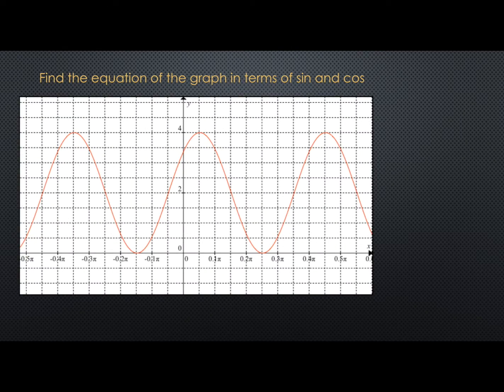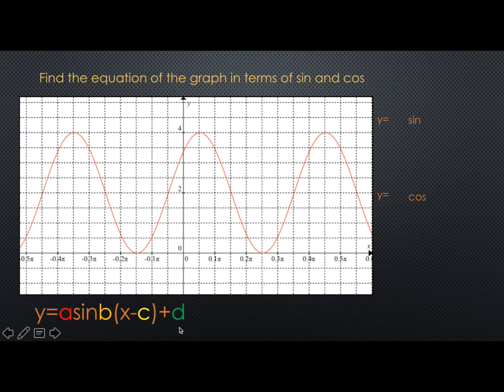Now let's apply this to find the equation of a sinusoidal graph. Find the equation of the graph in terms of sine and cosine. Here's the general form again. Let's do the parts that are the same. Y equals sine, cosine. I'm actually going to start with our d value, or the up or down shift, because